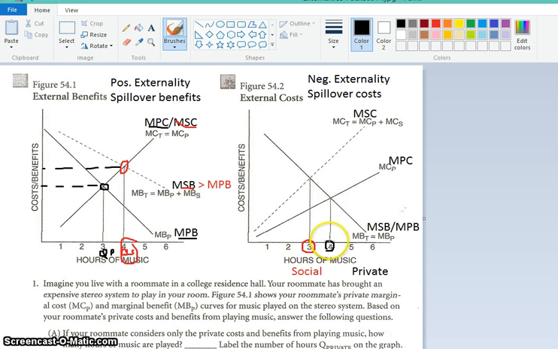Well, here, if they worry about themselves, remember, this music really irks you. So you don't like it. So she plays 4 hours of music when you, good Lord, you would really wish she played only 3. So here we see that output is too high. And if you want to think about the price here, you produce too much output at too low of a price. You should produce less at a higher price.